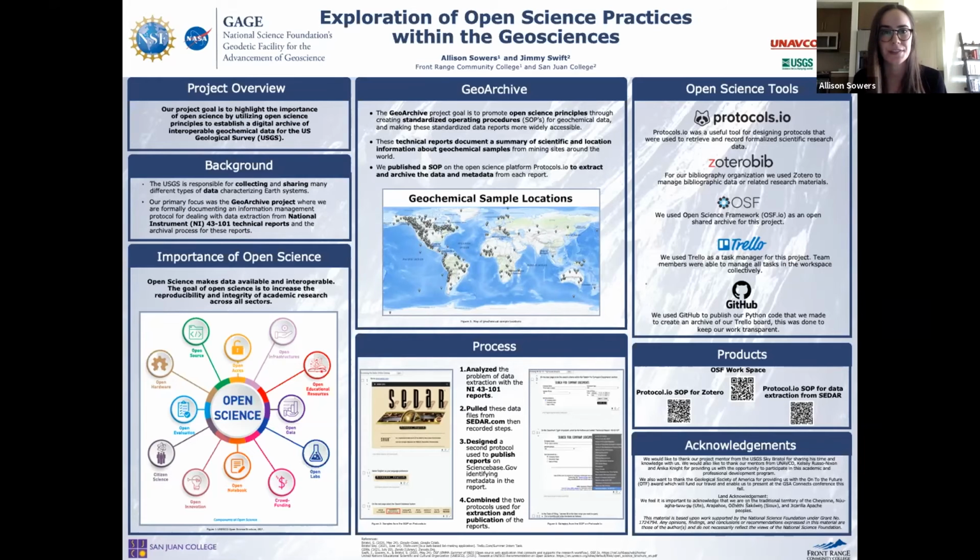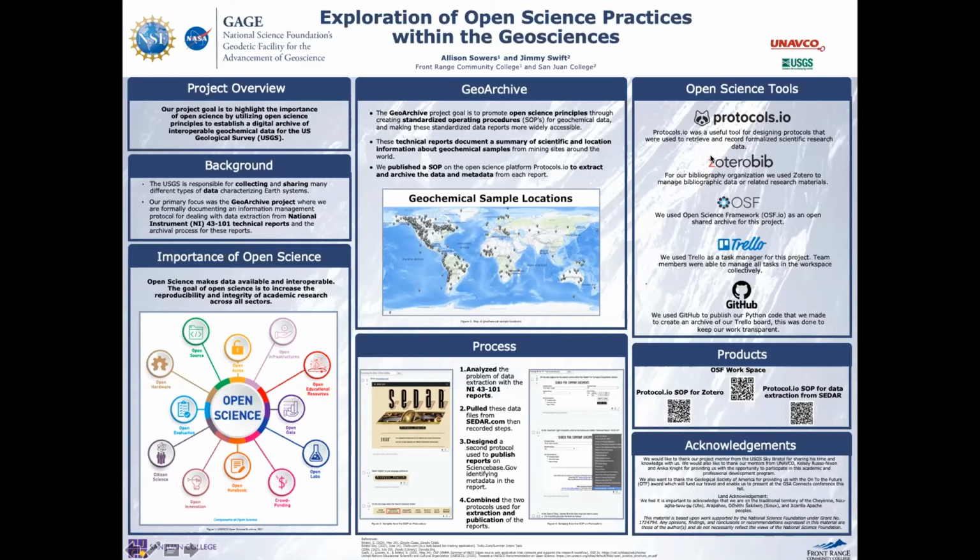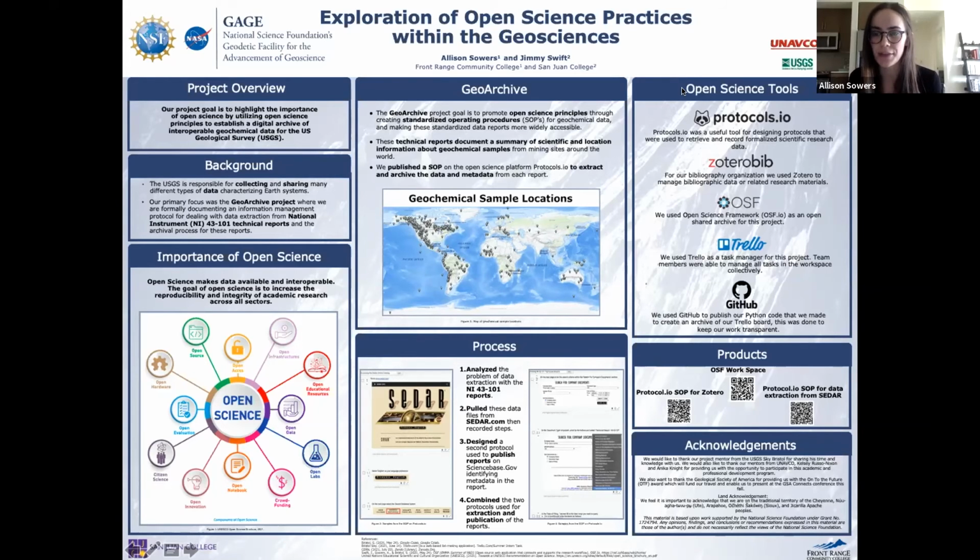And then for the second part of the question, sorry, what was the second part? Are the instructions available on the USGS website? Not yet, no. I think we're going to be able to make them available or link them to a USGS website for our project. But right now, the only way we can access them is through our poster and through the QR codes.